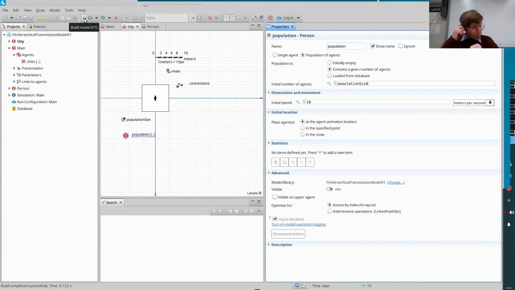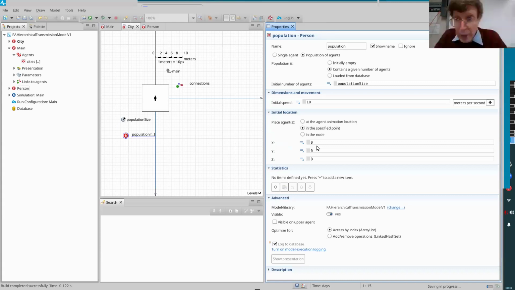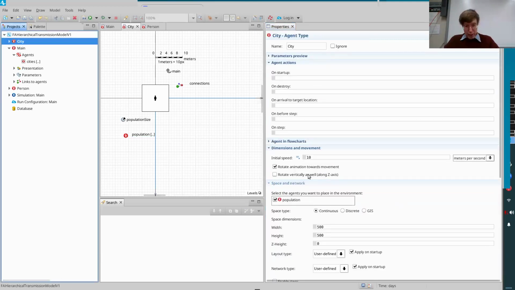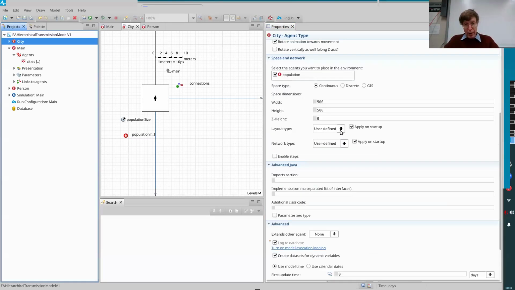Now, we're going to go and place people within this city around that environment. Okay. So we're going to be distributing these individuals around them. Now, there's a couple of ways. One of them would be for the city as a whole, we could specify we're going to have a